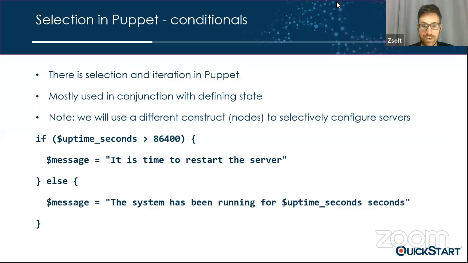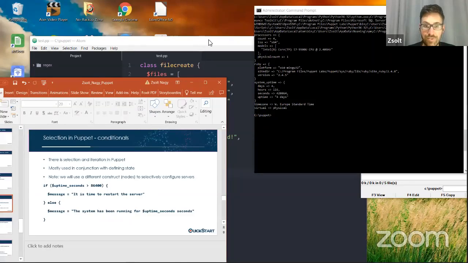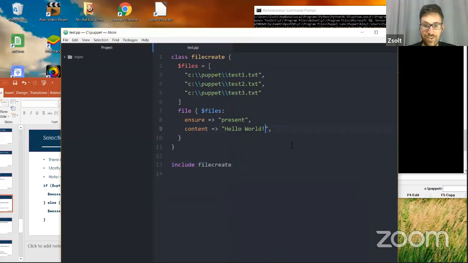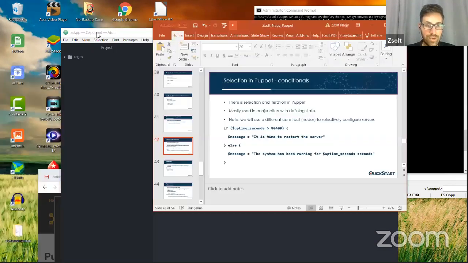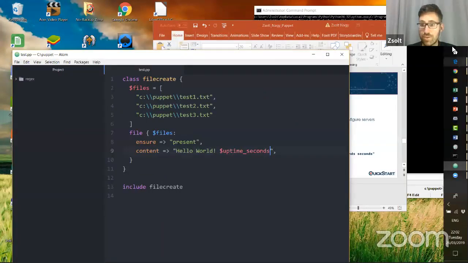Actually, the uptime seconds is in here in the system uptime seconds. I could even place it in here with uptime underscore seconds, and this can be executed relatively easily with the terminal.